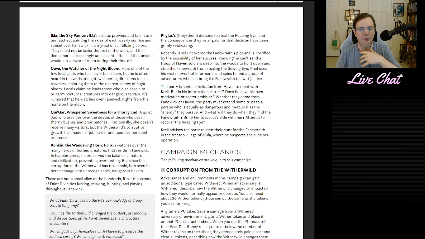So the last few bits are special mechanics, session 0 questions, and the map. Campaign mechanics can be as big or as small as you need them to be, right? Because the Witherwild is a complexity 1 campaign frame, it is not surprising that the campaign mechanics section is basically